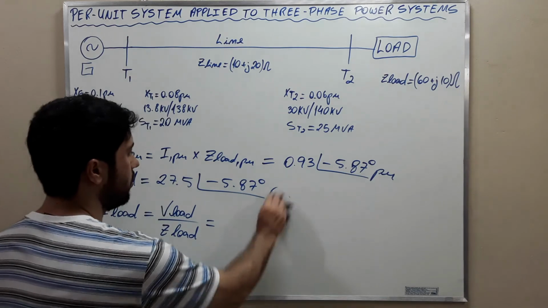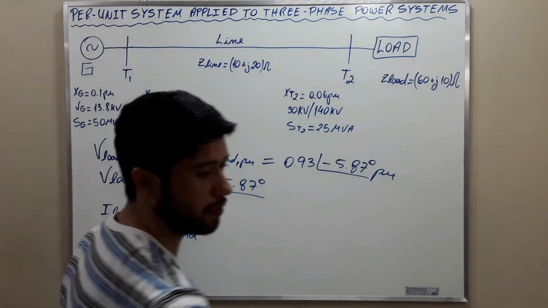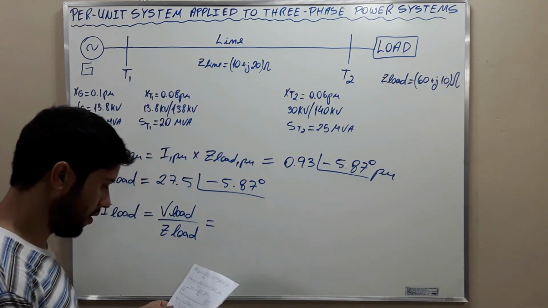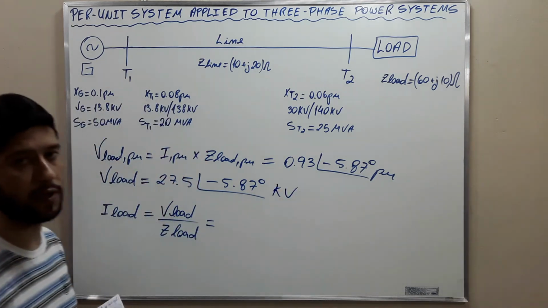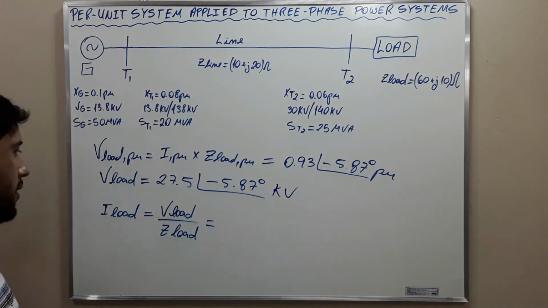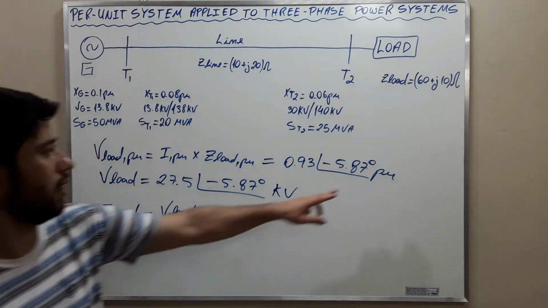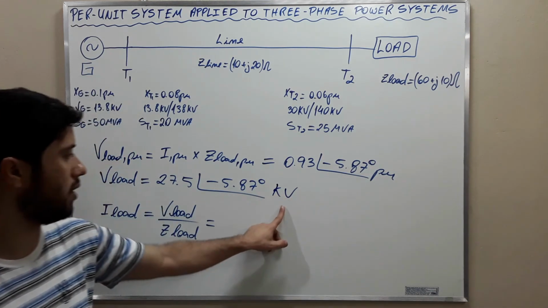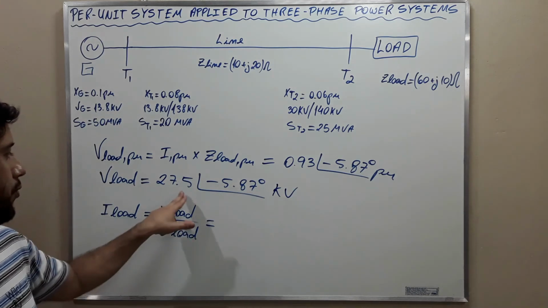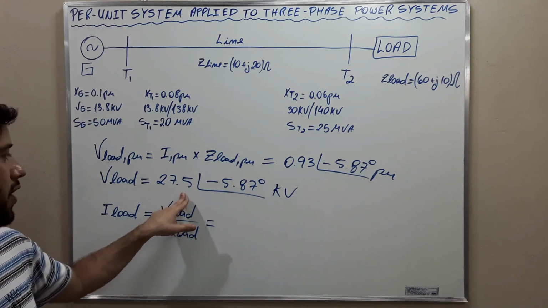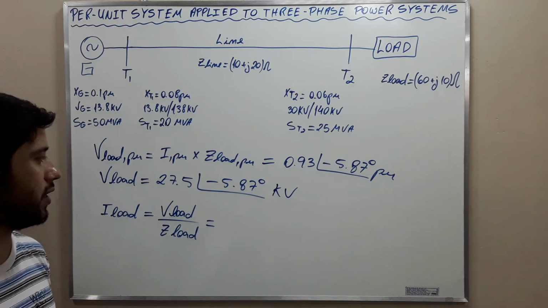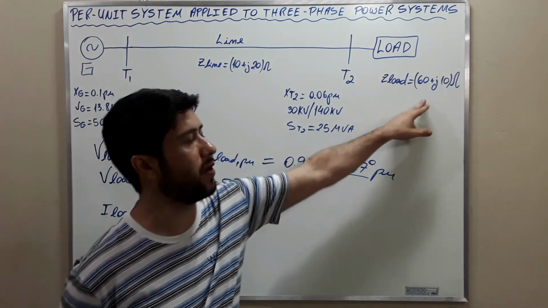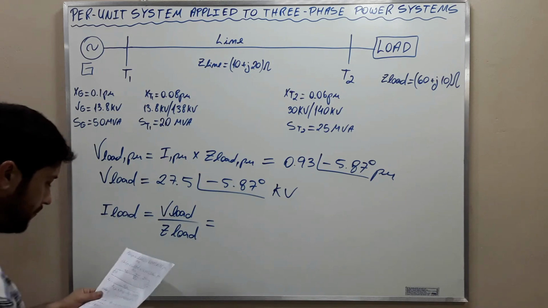Here it is not in per unit. I made a mistake. Very good. This is not in per unit. This is in kV. Okay? Here is per unit. Here is kV. And if we use this value here, 27.5 in the phase negative 5.87 kV, divided by this, we find the value of